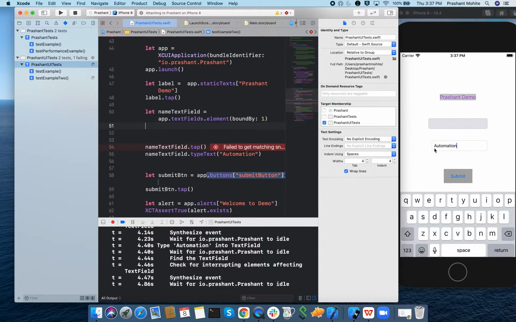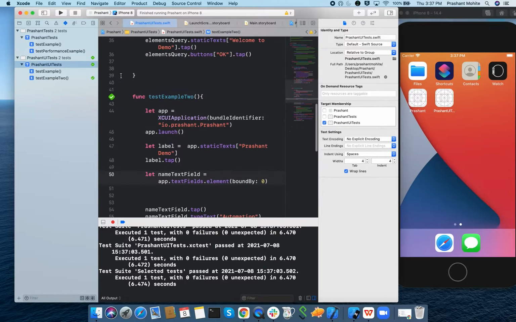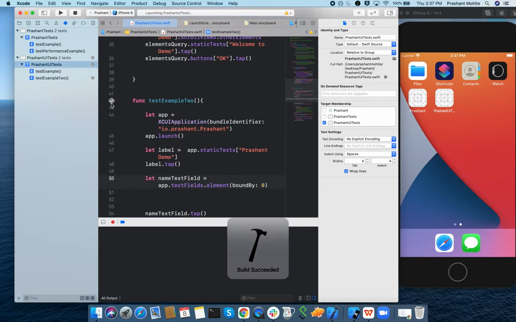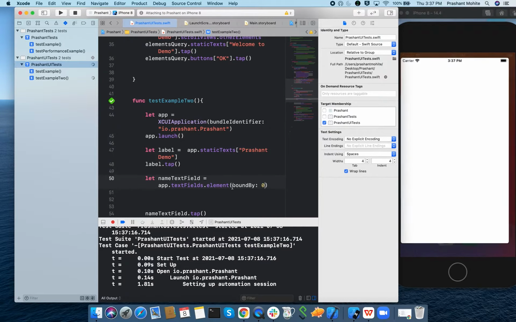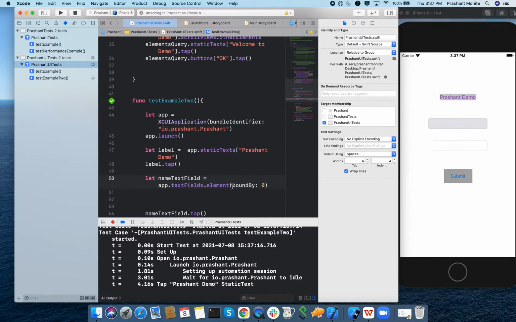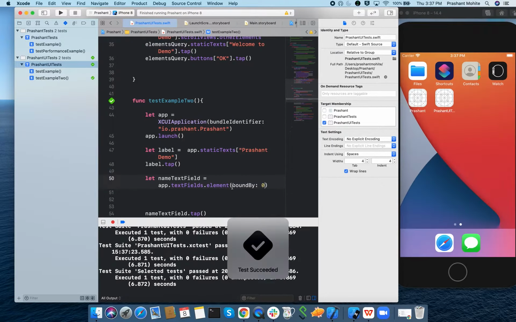See, the automation entered data in the second text field. If I say 0, then it will enter the data in the first field. Let's see that also. This way, if you have multiple elements, you can use the index of that element to locate it.